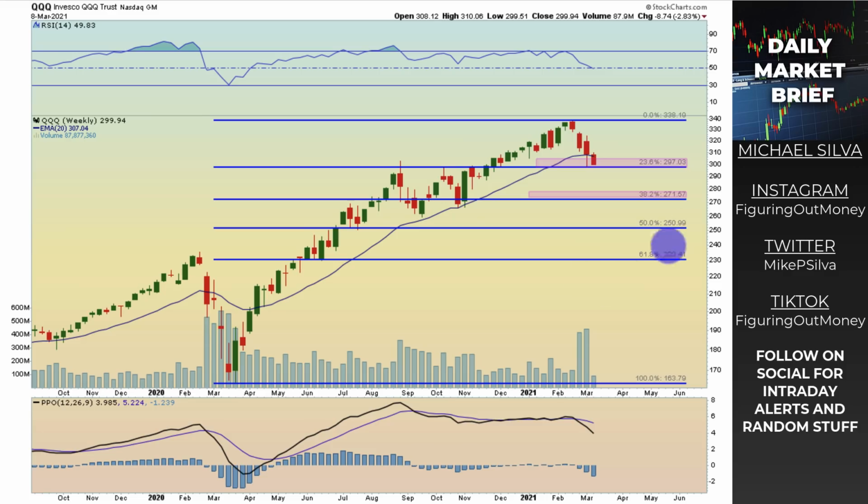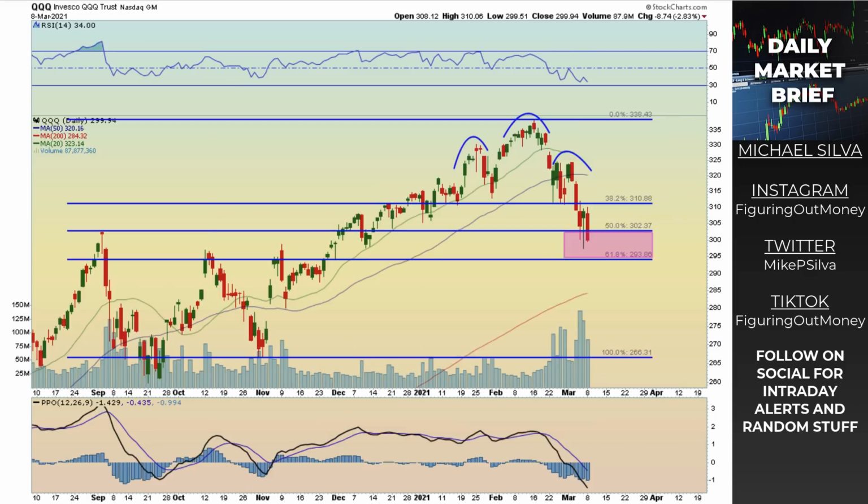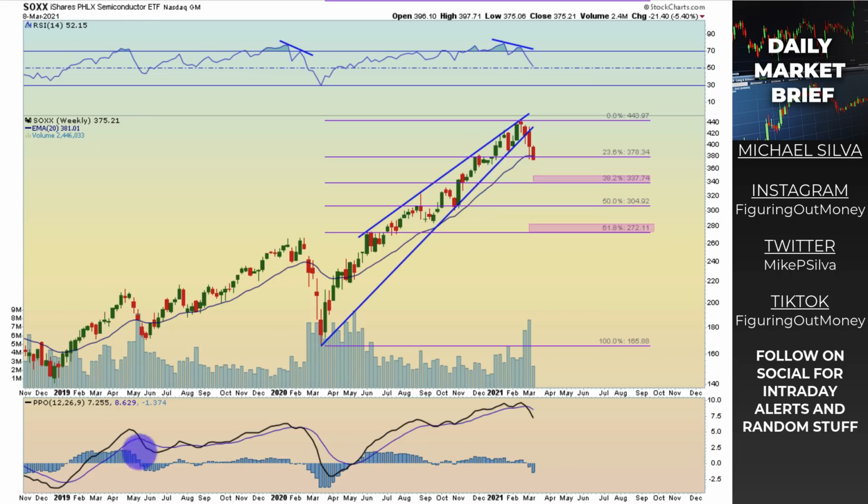However, from a weekly perspective, we also mapped out this key level at 271. That would make sense to me because if we do reach down into the 38% retracement level, by the way, that's a very important fib level, that would come down right into this range to fill this current gap, which I usually have a gray shaded box for, but I don't have it here. So there's still downward pressure. And if yields continue to press higher, we're going to see tech stocks really start to fall or continue to move in a downward direction. I wouldn't be surprised to see Apple with a price target of around $100 just by some of the charts that I've recently seen.